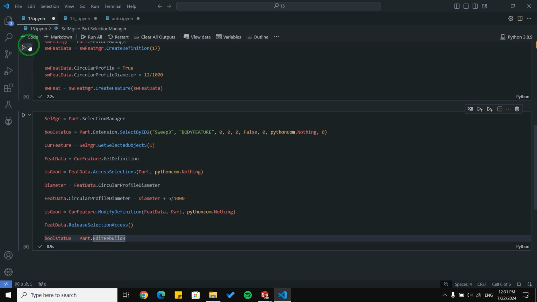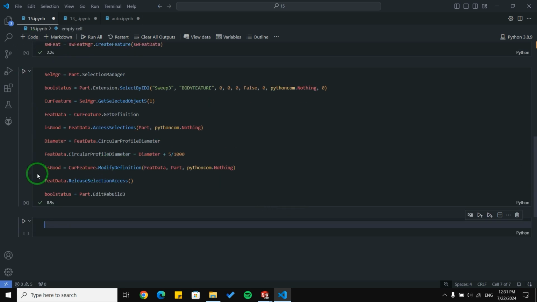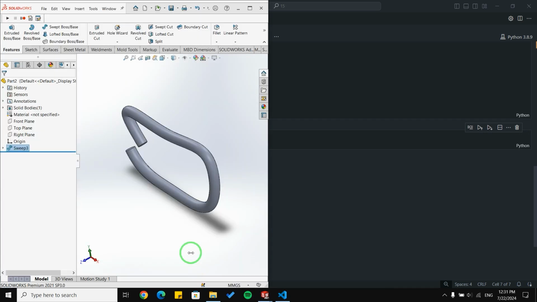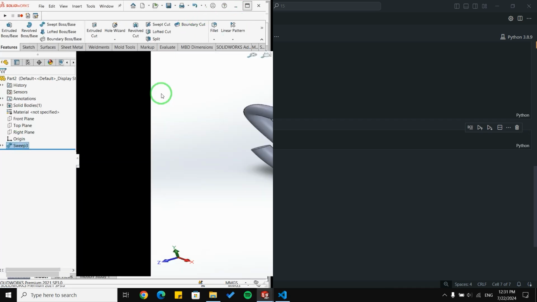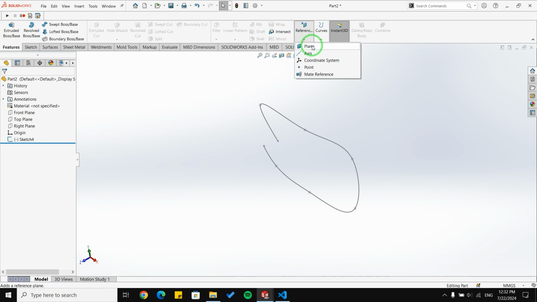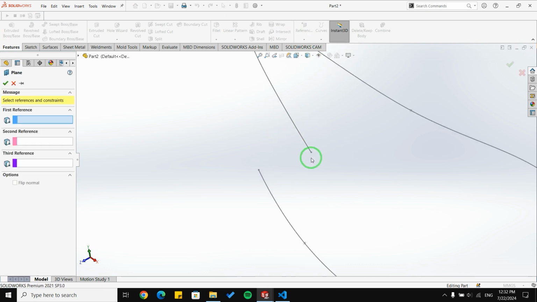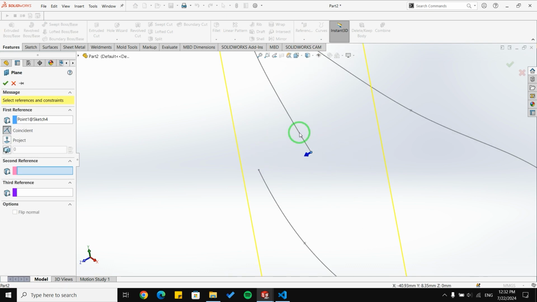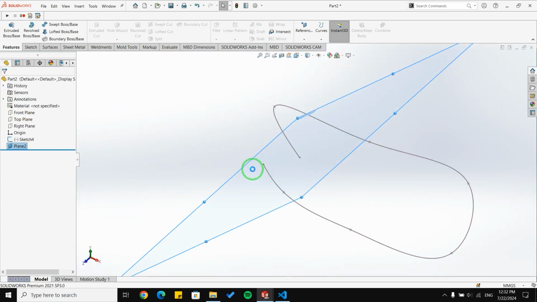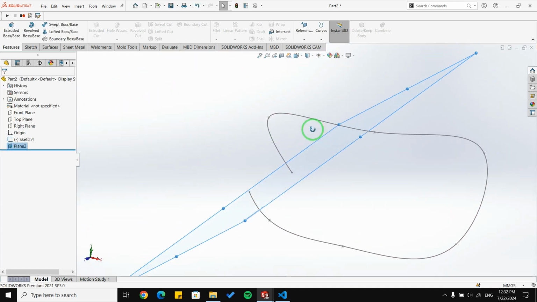At the last, I'm going to cover how to create a sweep with a sketch profile. And for that, let me first delete this sweep tree and create a new reference here. I'm going to select these 2 points and line to make my plane vertical to this spline.